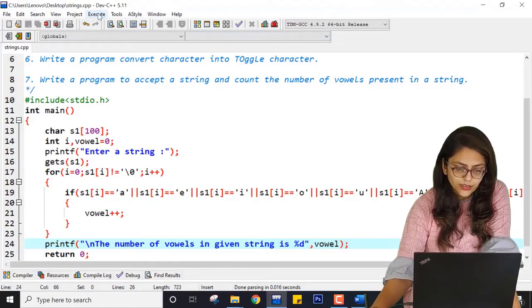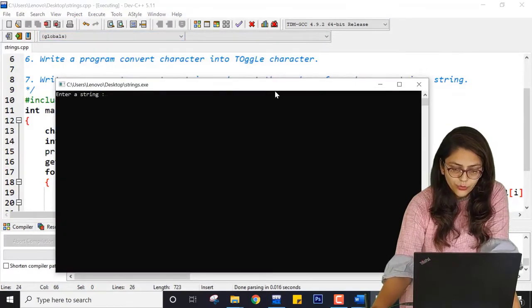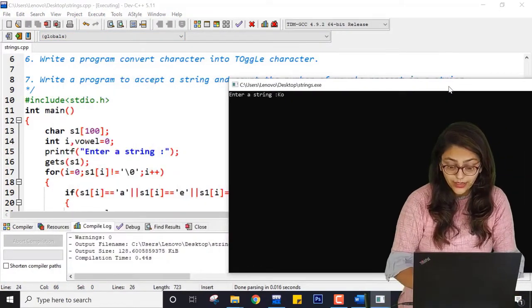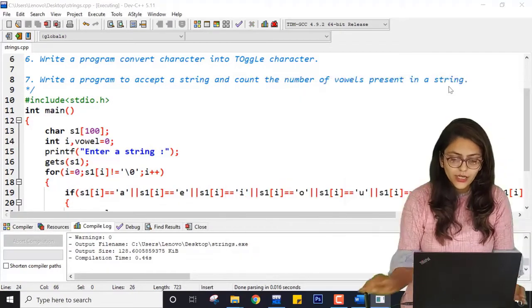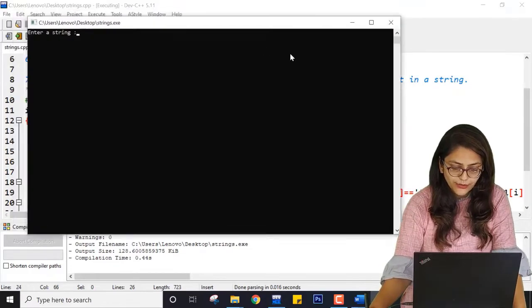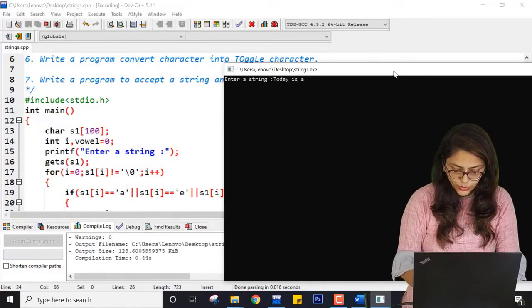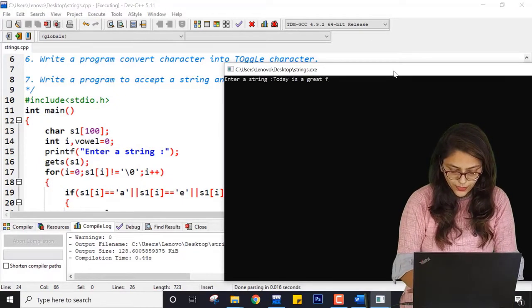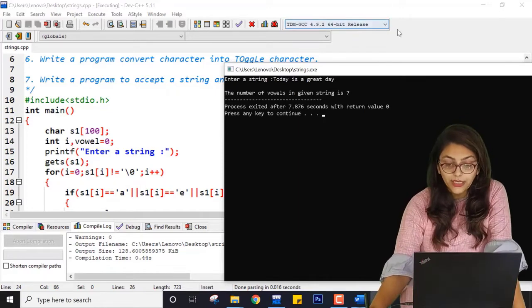So if I save the program, compile it and run it, and I enter say KOML, my favorite name because it's my name, it gives me 2 as the answer, right? Let me execute the program again. If I enter a bigger string, that is, today is a great day, you can see the number of vowels appears correctly.